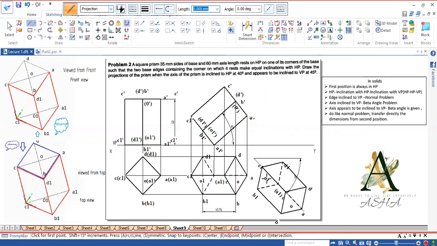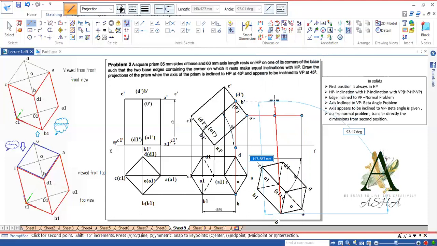Use the projection line. A is here. Again A dash. So this is my point A. B dash.